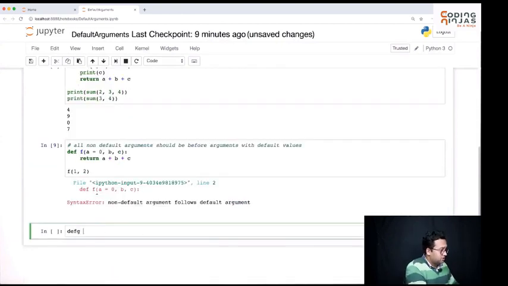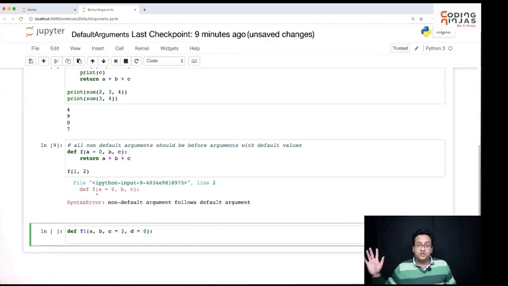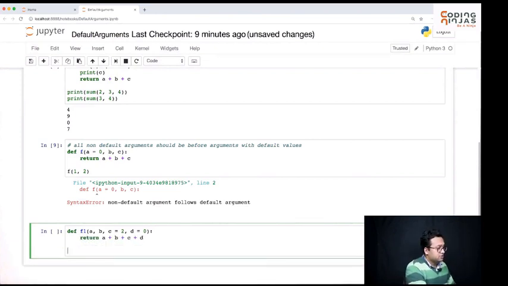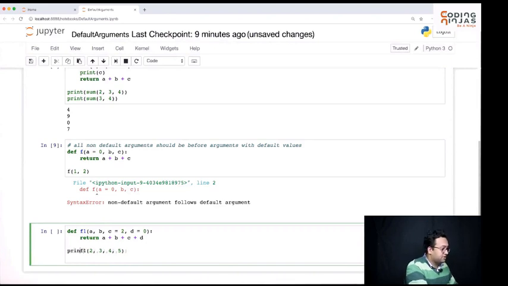Now, if you want, you can actually create a function which has, let's say, 4 variables, and you can give default values to more than one of them, but they have to be the rightmost ones. Now, that is important because if that's not true, right? First of all, what does it mean to have 2 arguments with default? So now you can call f1 this way. So you have 4 arguments, right? Let me print this.